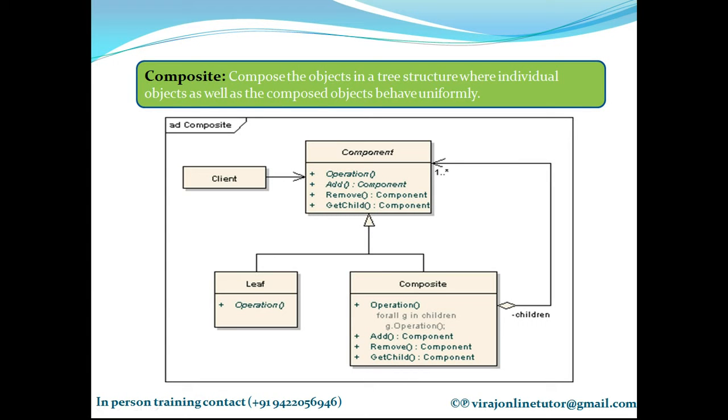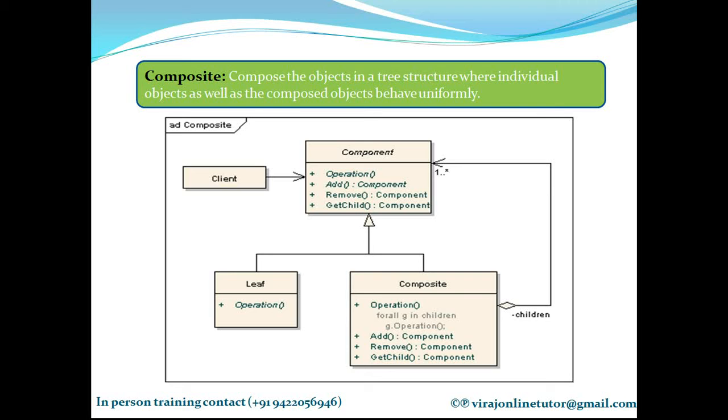Now what will this operation function do? This operation function will traverse the entire list and it will invoke operation function for each of the nodes in that list. I repeat, this operation function will go through each element of the list and it will invoke the operation function for each of the nodes of that list. That's why I have an operation function defined for leaf, because this list that you have created can be made up of leaf objects and composite objects both, right?